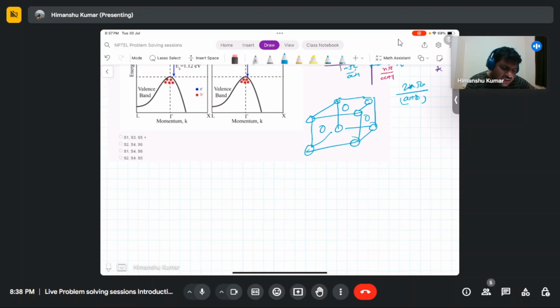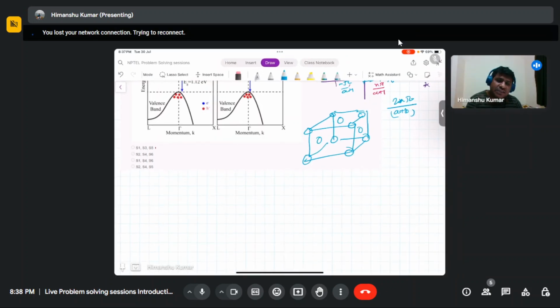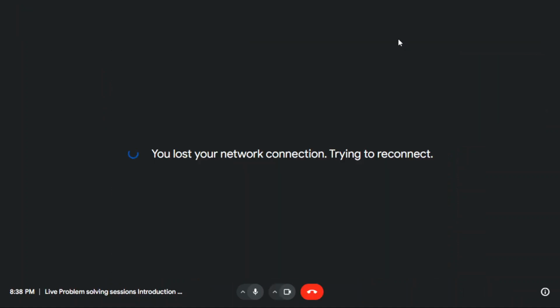To fill this band, you need to move to the momentum space. This 3D crystal will have a 3D momentum space also. Here, because we are considering a 1D chain, this has only a 1D crystal, but in the case of 3D